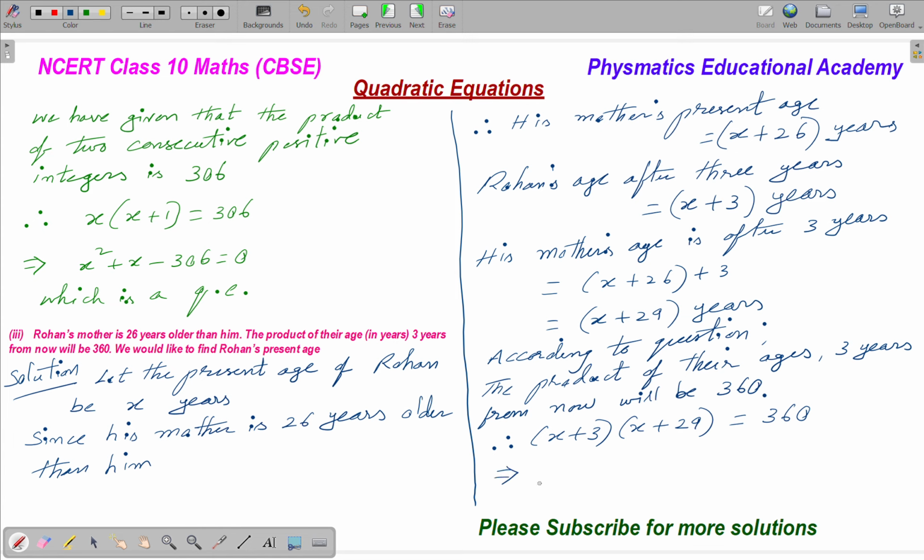That implies x square plus 29x plus 3x plus 87 is equal to